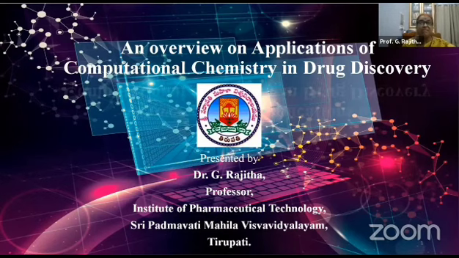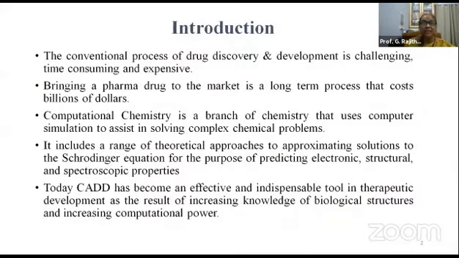Whereas in conventional discovery, it's a challenging process, time consuming and expensive, because we synthesize drugs in laboratories, one drug in laboratory, one drug, one day. Screening also takes place, a lot of time, spectral studies, all that. Even if we synthesize and it comes into the market, it is a long-term process and it costs billions of dollars. Whereas computational chemistry is a branch of chemistry that uses computer simulations